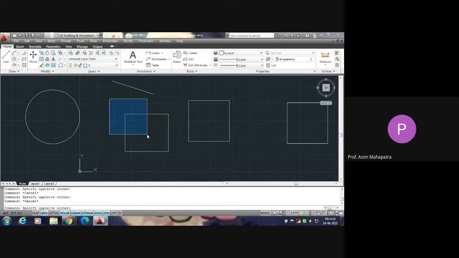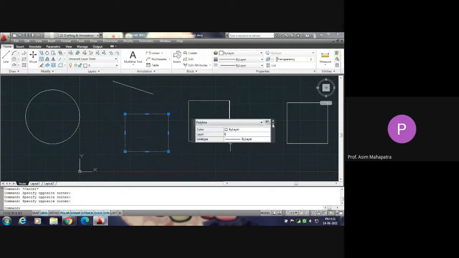You see, now I am releasing the window. Nothing has been selected because we require the total entity must be within the window. If you enlarge the window up to this, then only it will be selected. Is it clear?